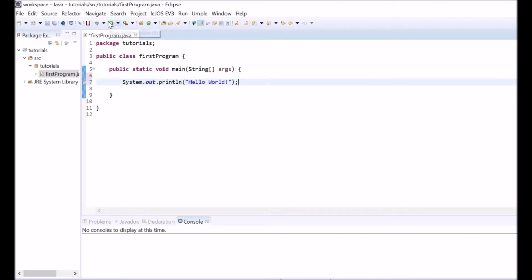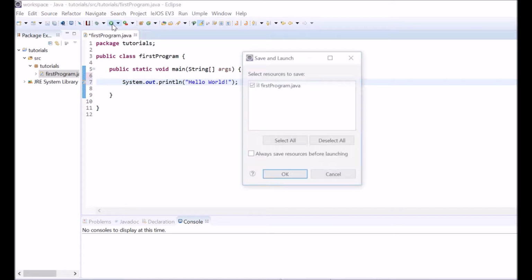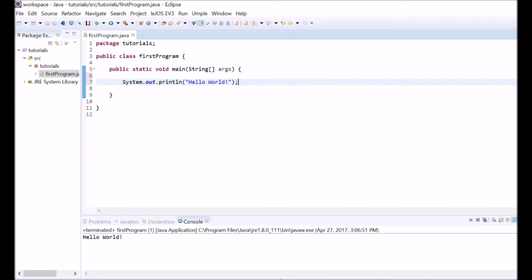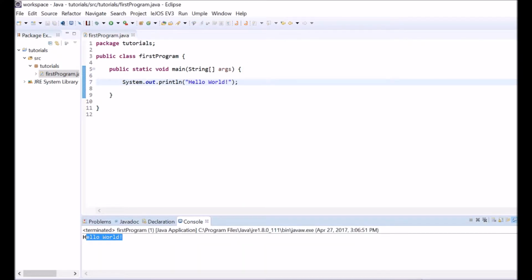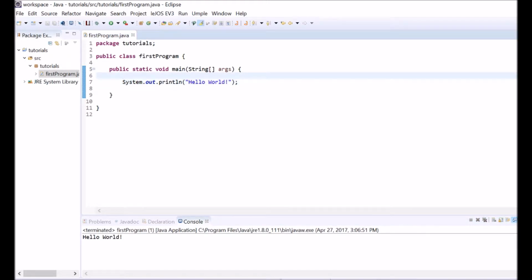So once that's done, what we do is press run. The run button is right over here, and we just press that, say OK, and as you can see, we have printed hello world to the screen. All right, so that's going to be step one. Now the second thing we want to do is